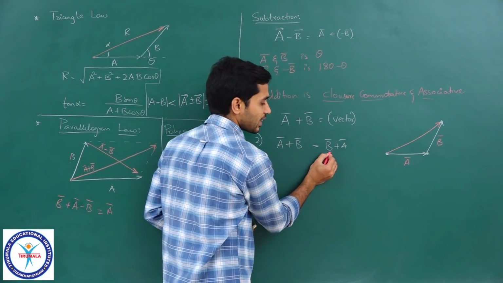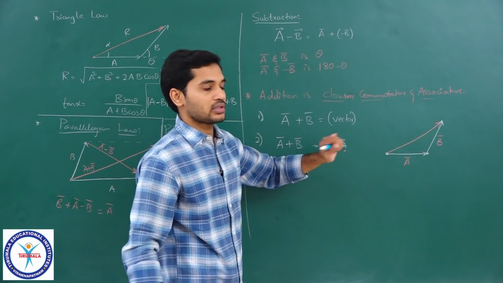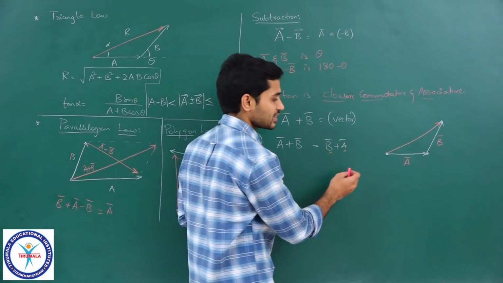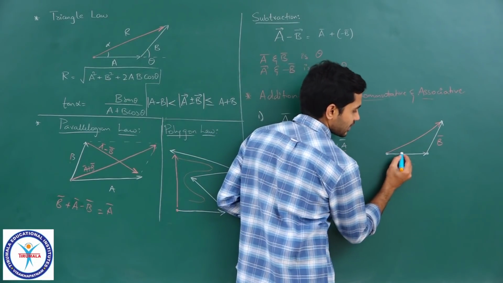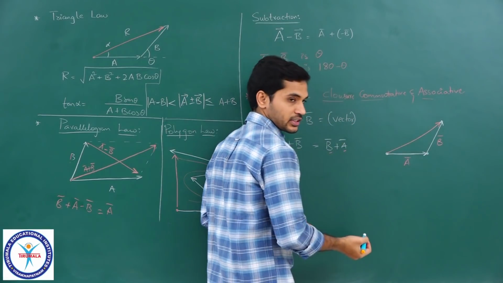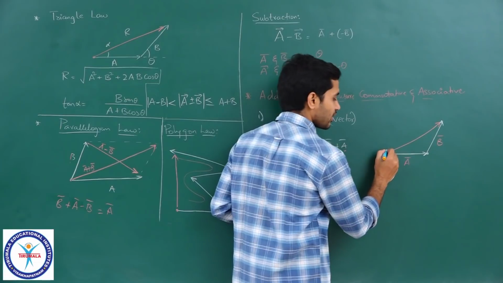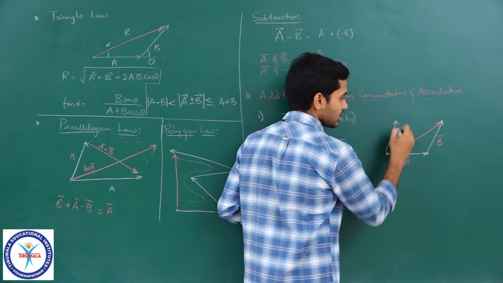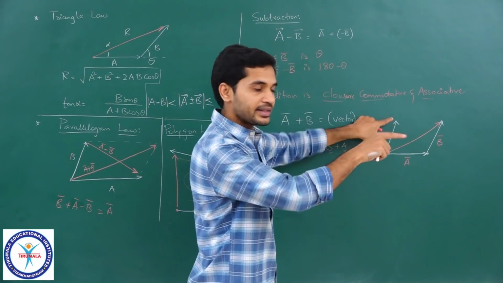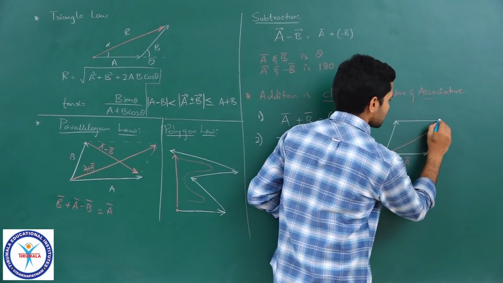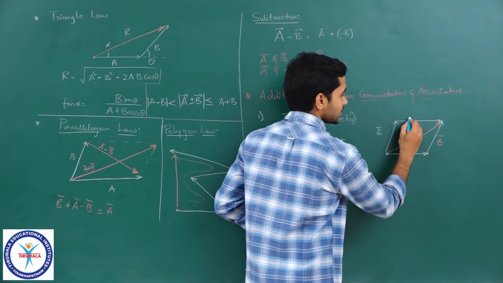First if you travel along B bar and then along A bar, even then you will reach the same position. If you want, you can check. From this position, instead of traveling along the vector A bar first, if I travel along the vector B bar, let us say like this, first I have taken a displacement of B bar, then I take a displacement of A bar. So, this is B bar and this is A bar.